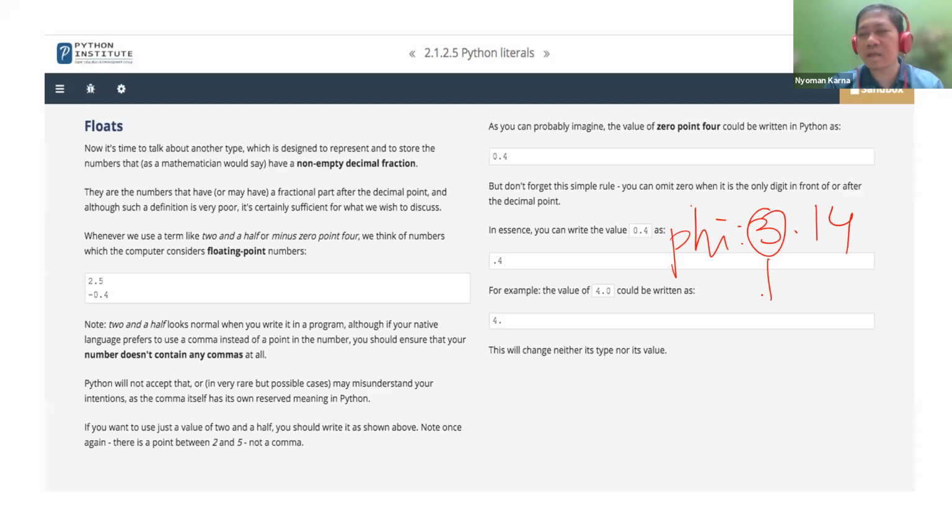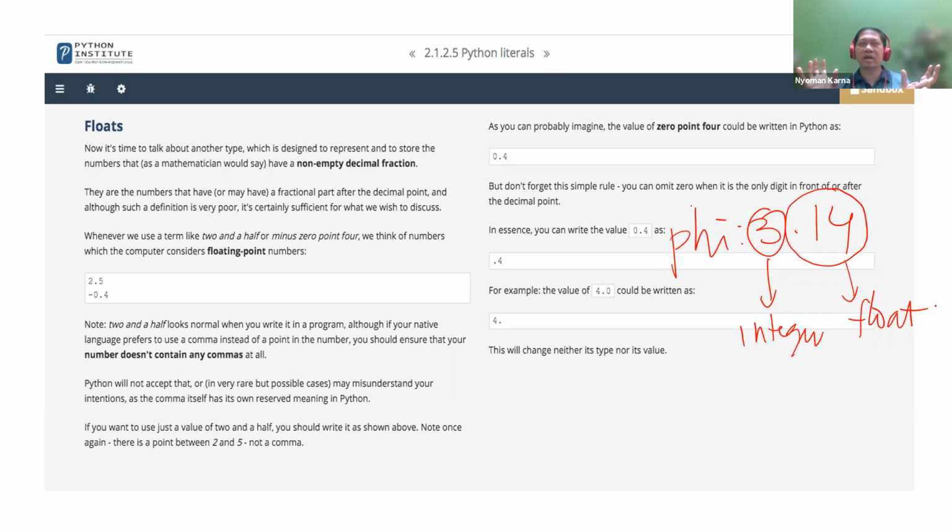The 3 here is the integer, and the 0.14 here is the float part, because 3 is the bilangan bulat in bahasa, and 0,14 is the bilangan pecahan in bahasa. So that's how we distinguish between integer and float.